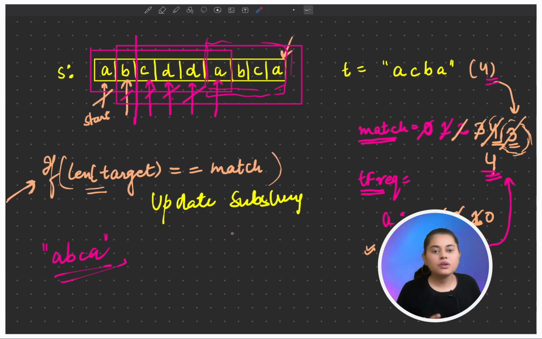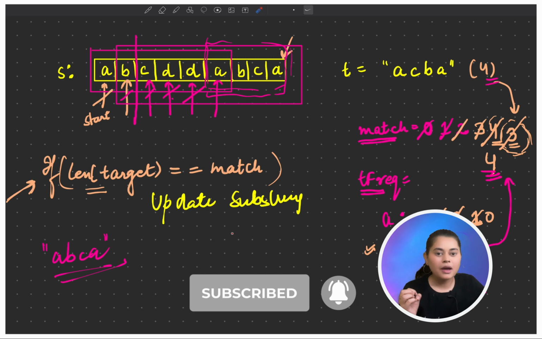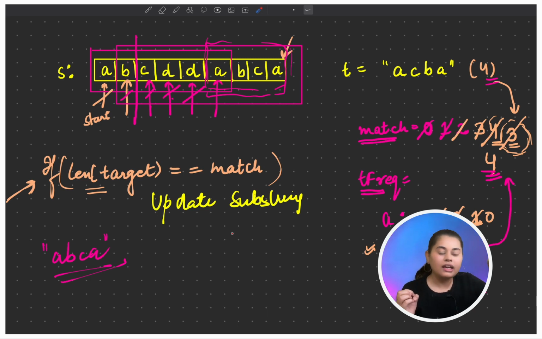So this is how you can find the minimum window substring that has all the characters of the target string. Basically, whenever you get a matching character, you increment your match, since it matches a character in the target string, right? And you are decrementing the count. That means the map is basically showing how many more characters you need to have the same number of occurrences as in the target string. Okay, so this is how you can solve this problem. I hope you understood the concept of minimum window substring, and how the window expands and how the window shrinks, right?